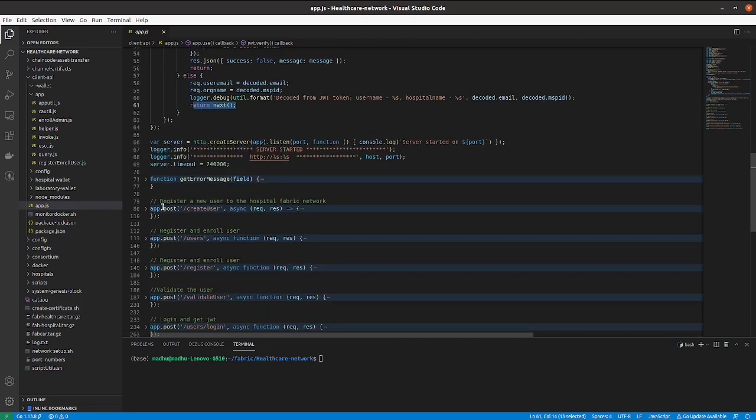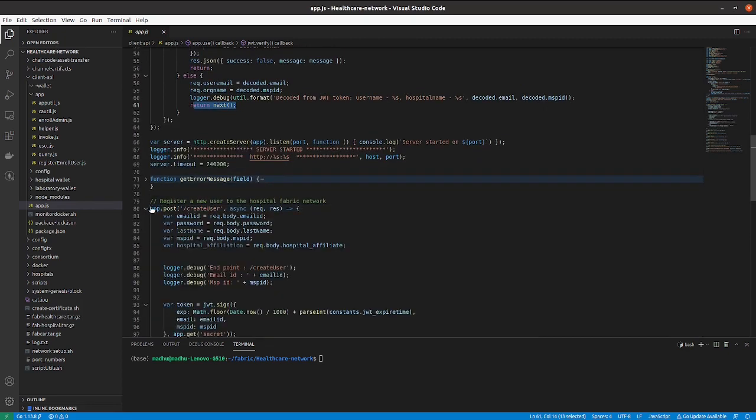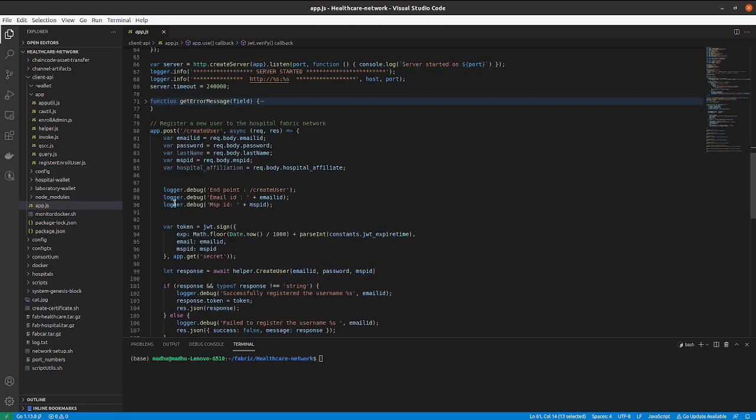So let me show you the JSON web token, what it contains and how it is created. The JWT token is created on the server side and sent to the client application, and that token is mandatory for authentication in each subsequent API request. Here we are creating that using jwt.sign.